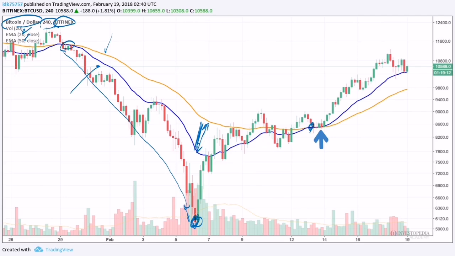short. Now on the flip side, if you want to buy, you want to do it when the 20-period moving average crosses above the 50-period moving average. And I've signified this with this arrow right here. So this happened at a price level about 8,600 on Bitcoin, and it carried it to about 12,000. So if you're doing this trade, it's about a 30 or 40% return in just a very short period of